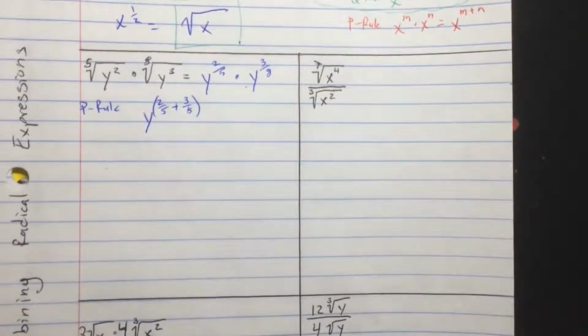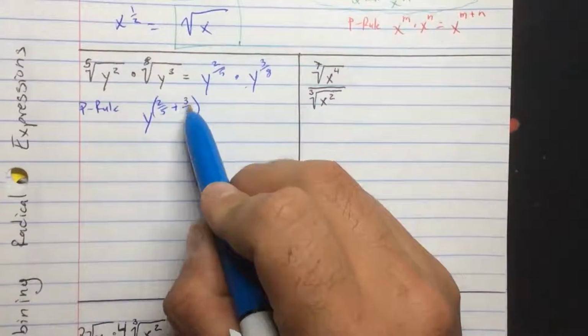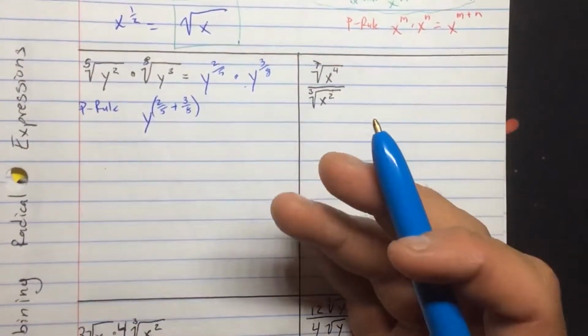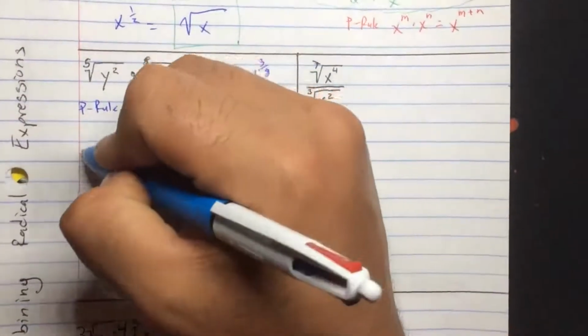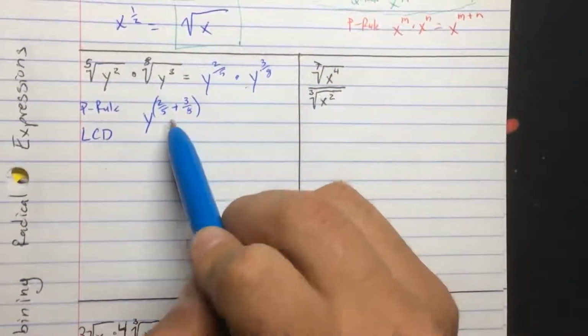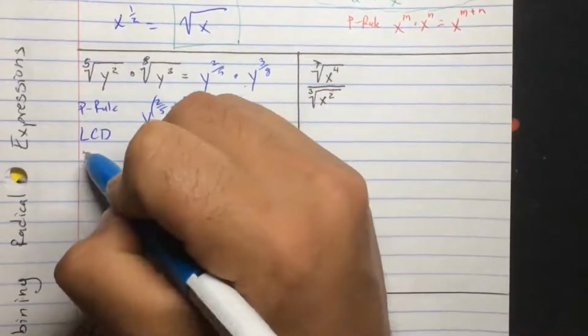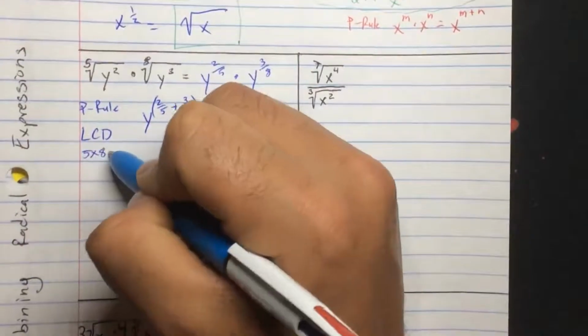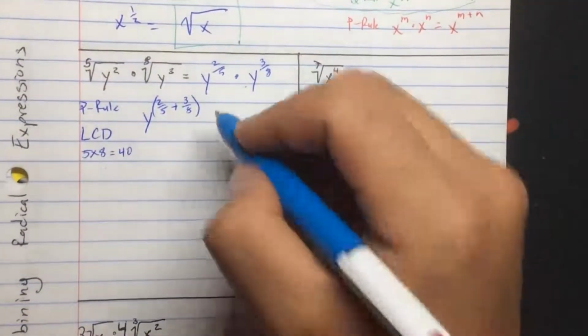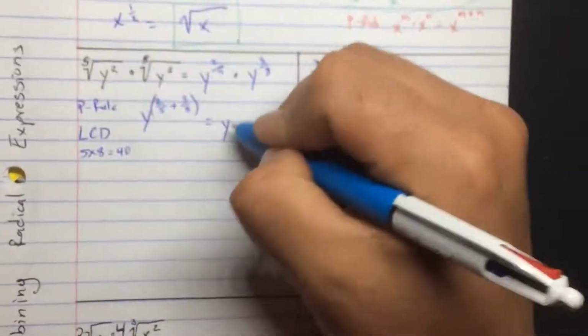So what we can do is get our 2/5 and 3/8 and find our lowest common denominator, or our LCD. This doesn't really have any primes that go together, so we're just going to multiply our 5 times our 8 and get our 40. So our LCD is actually going to be 40. That being said, this is going to be equal to our y times